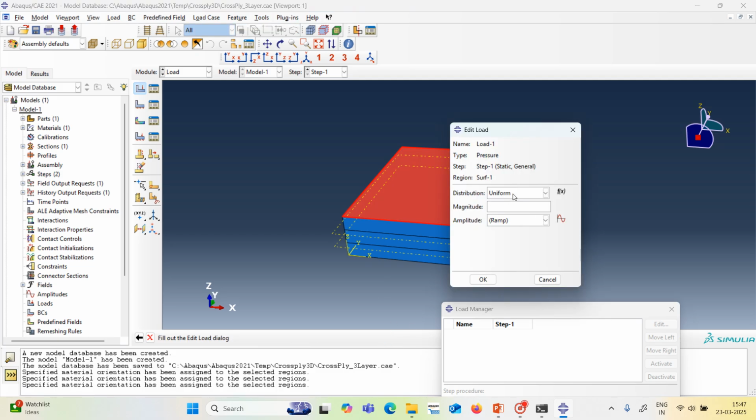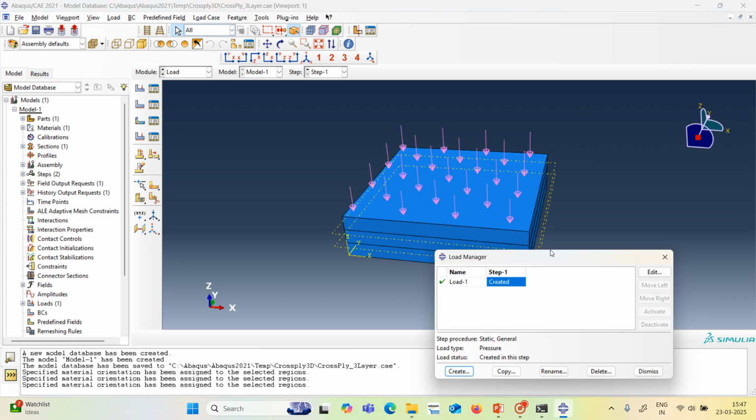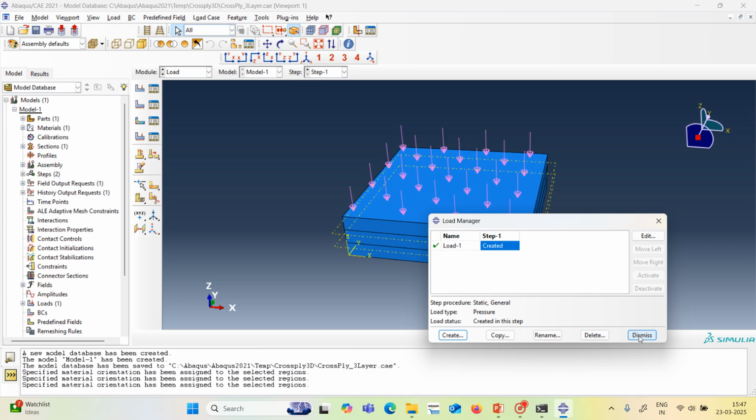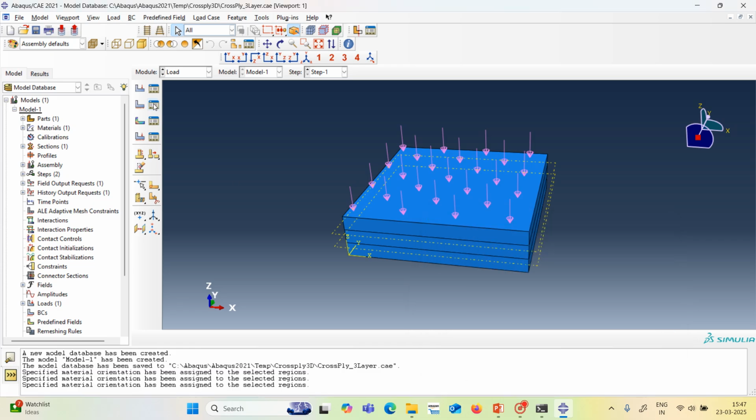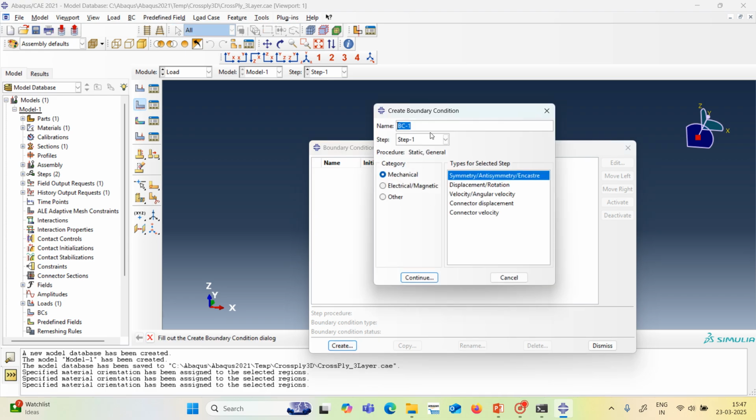So it's asking uniform. So we may have the uniform pressure, we may apply the sinusoidal pressure also. So we are using right now uniform pressure, and magnitude as let's say 1 magnitude we are applying. We will say okay. So it's uniformly distributed load acting on it. We have applied the UDL load, and only at the top we have applied this. Now let's say boundary conditions. So we will create the boundary condition. So simply supported boundary condition on each side. So boundary condition 1,